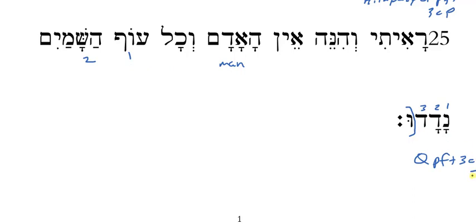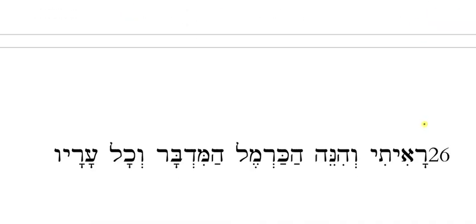Why is there a third common plural form if of is technically the subject? Well, because of is a collective singular, and that is to say that the collective notion has inherent with it plurality, right? A collective consists of a group of things. So that's nadad. And this is a segholate noun, by the way. All right. Now, let's look at verse 26.